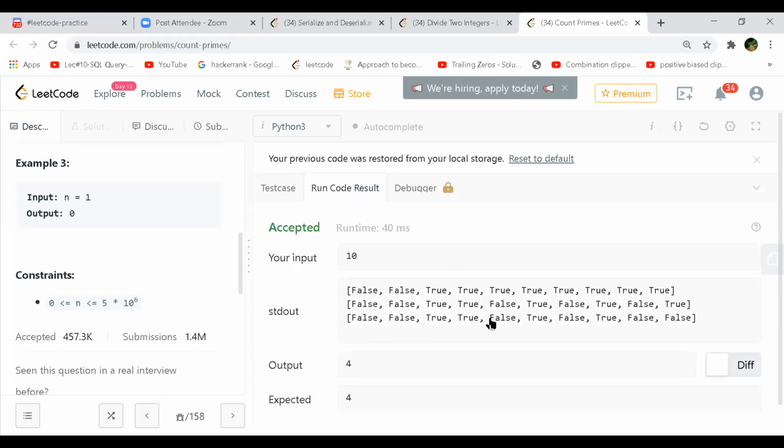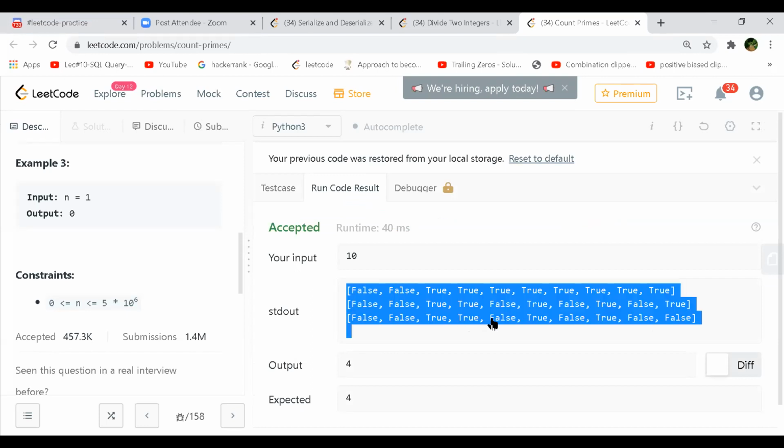That is your last table. So you actually go from 3. You don't mark 3 as false, but you mark 6 as false, and then you mark 9 as false. 3 3s are 9, which is less than 10. So that also is false. Right. So now what is remaining true are values at 2, 3, 5, and 7. These are the prime numbers. So if you count all of these which are true, they will be number 4, and then you return that value, right?